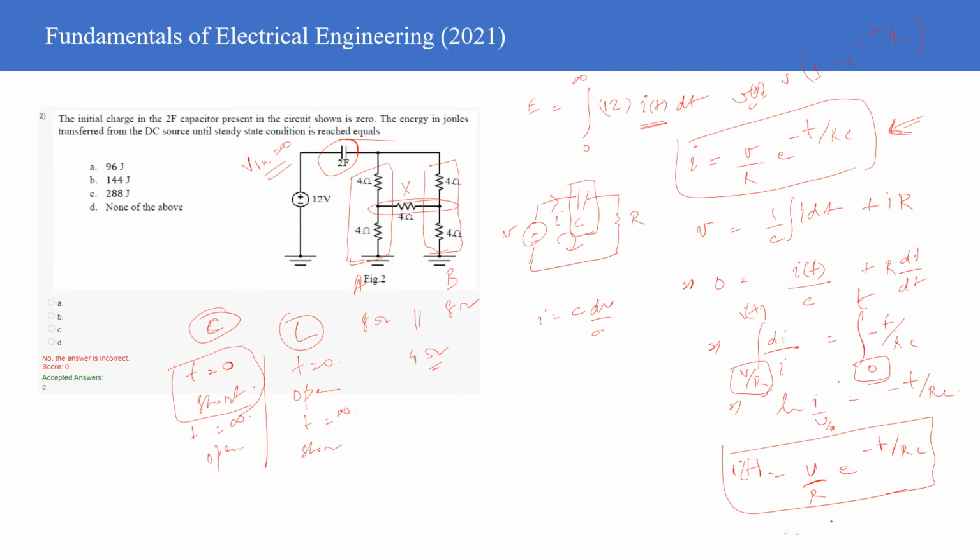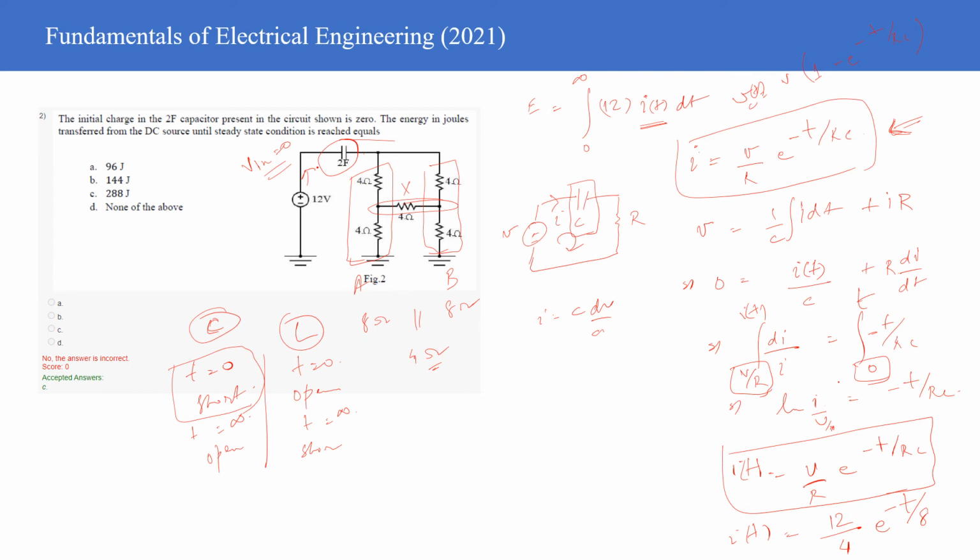So what's the value? Voltage is equal to 12 volts, resistance is equal to 4 ohms, right? e to the power minus t divided by RC. What is RC? RC is 4 into 2, so this is 8, right? So this is the expression of the current which will be flowing through the capacitance and hence via the 12